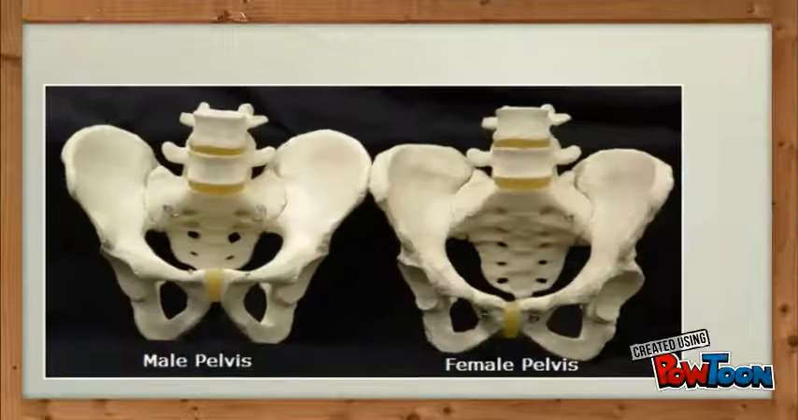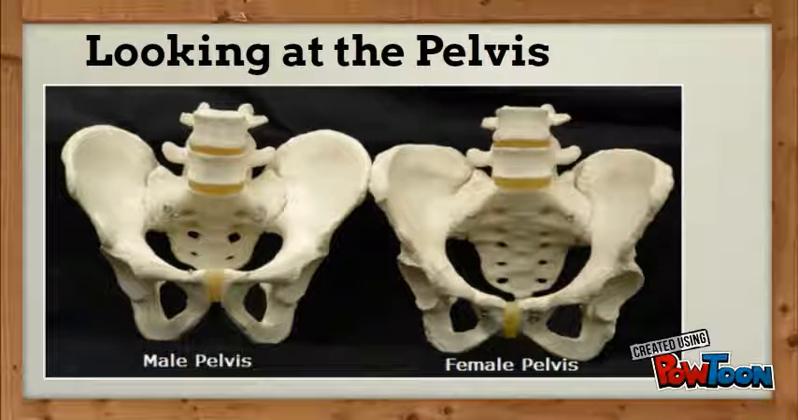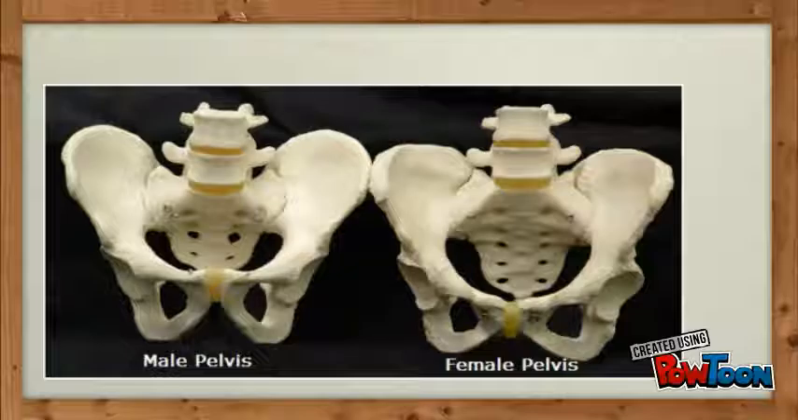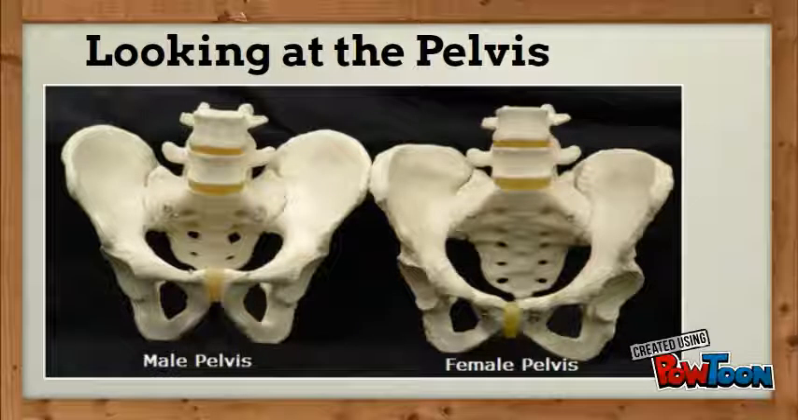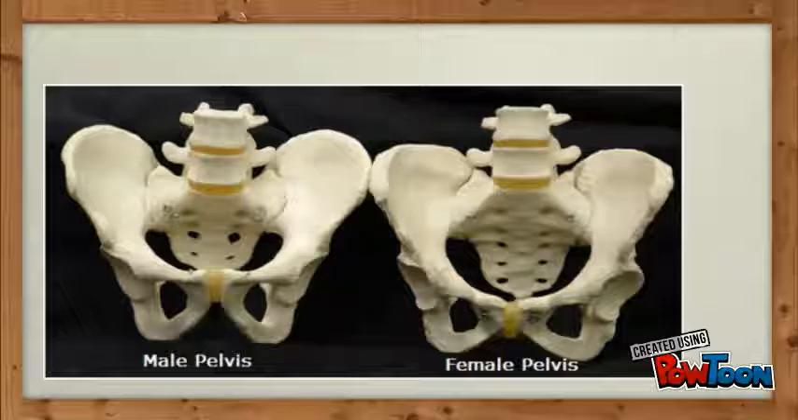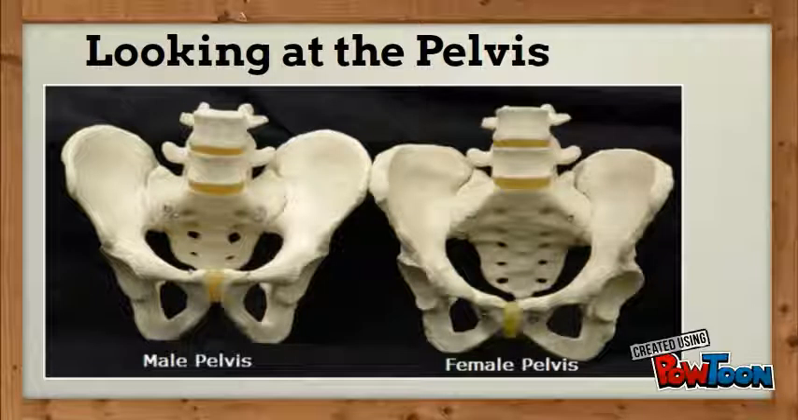So let's start out by looking at the pelvises. There's a lot of differences between the two. The female pelvis is going to have the hip bone a lot more outward. Also, it's going to have a circular inlet, and the angle where the two pelvic bones meet is going to be larger. Also, the female pelvis is going to be a lot larger and broader than the male's. The male's going to have a heart-shaped inlet,